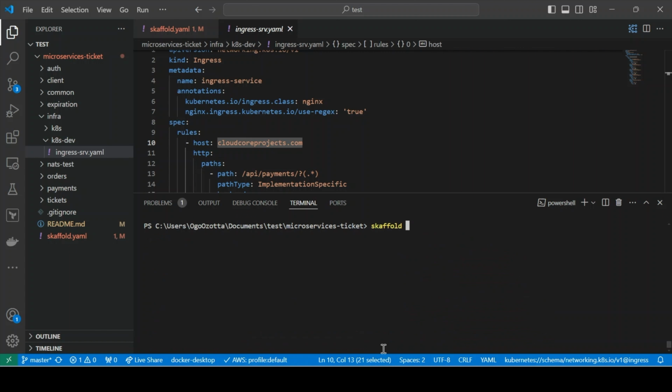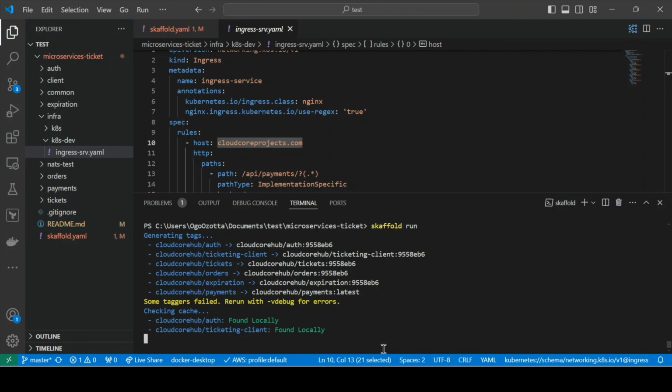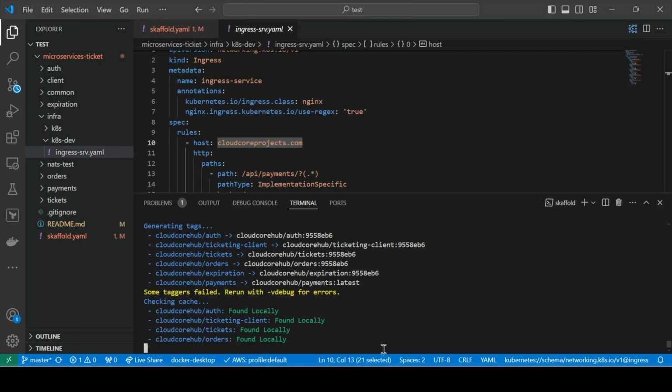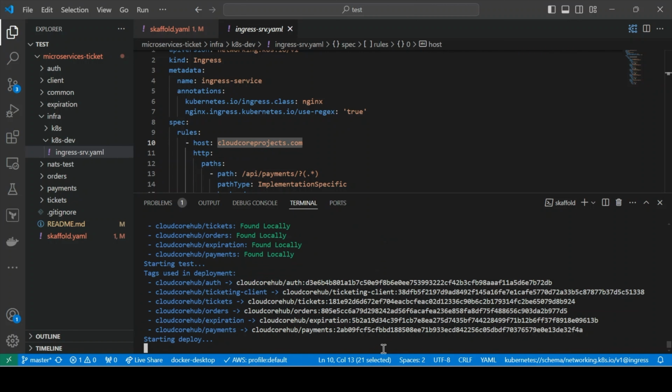Okay, at this point, we're going to start deploying our application. So there is a scaffold build, which is just to build your images and build your application using the Dockerfile. There is also the scaffold run, which is going to build and deploy. But once it deploys, that's the end of the state. But with scaffold dev, it runs and is still active and it waits for any changes in your application and it deploys that. But let's start with the scaffold run, which is going to build and it's going to